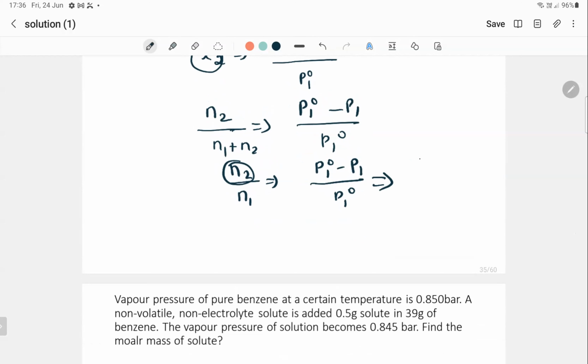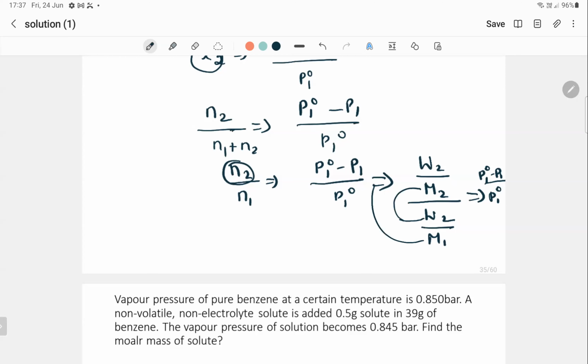N2 is equal to given mass of the solute divided by molar mass of the solute, by given mass of the solvent divided by molar mass of the solvent, which is equal to P1 naught minus P1 divided by P1 naught. So what happens? So this is your final formula. P1 naught minus P1 divided by P1 naught is equal to